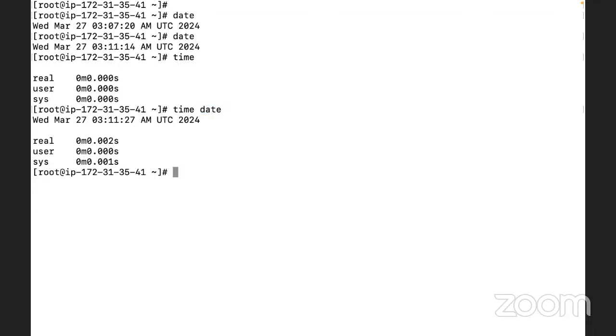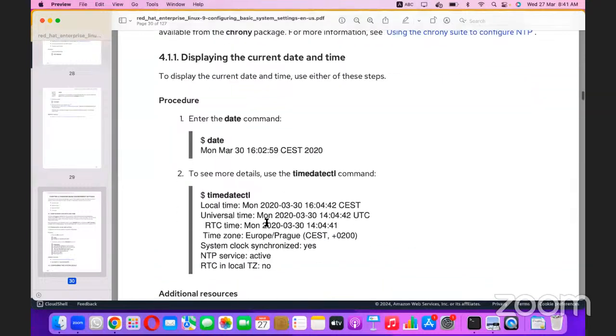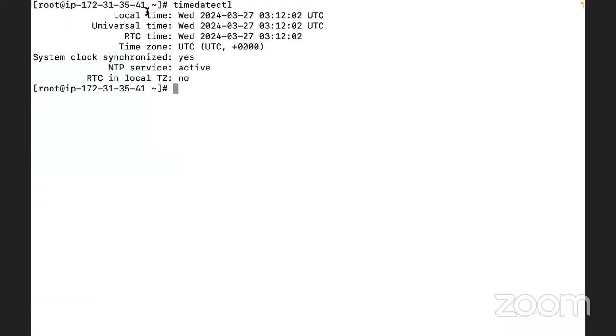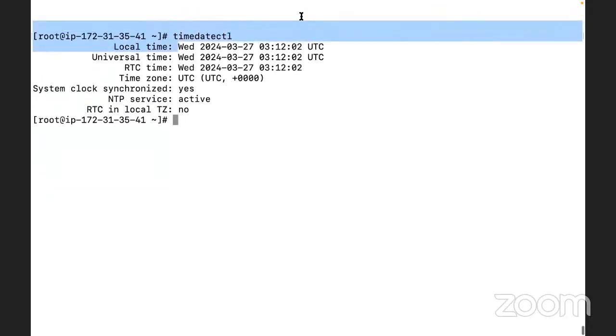So now once again, we can define multiple ways here. And what are the ways? Let us say if you run a command timedatectl, what will it do? It will bring more detailed information for you. Timedatectl. Let us say local time is this,